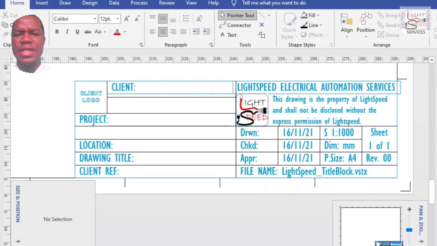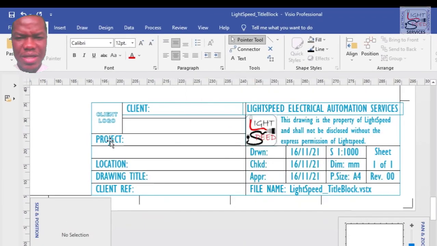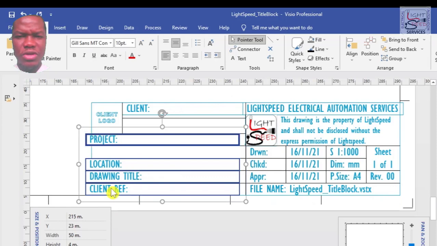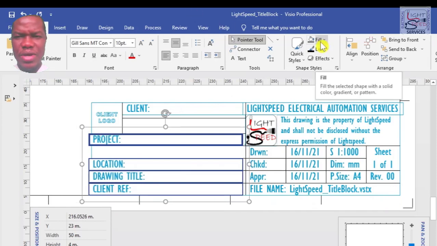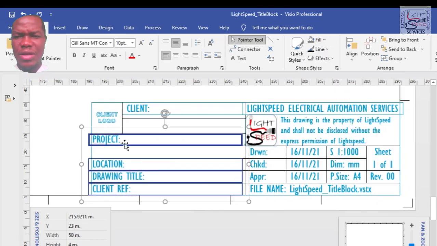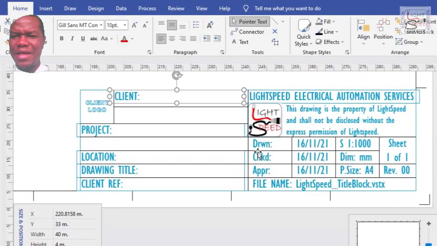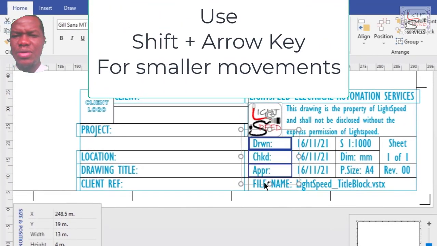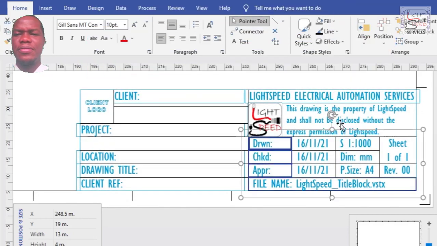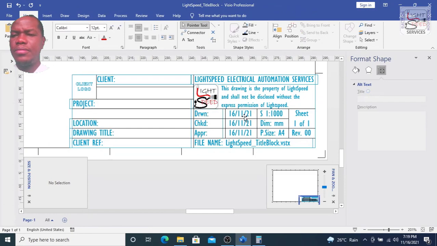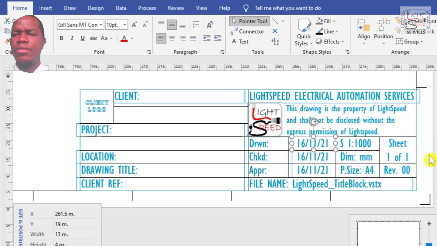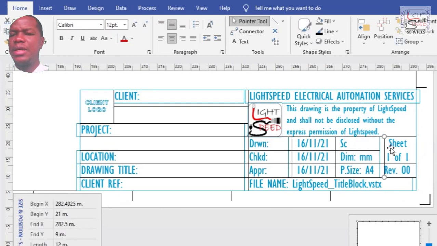So now that we are done, we select all the boxes, then we adjust them. Okay, the fill, it has a white background. I need to remove the background, so we adjust them. So see what I mean? We are reclaiming our spaces now. Okay, remove the fill and adjust them so that they start at the beginning. Yeah, so this way you get more space. So you need to give it more space. Sheet doesn't need this much space, so we give it more space here.